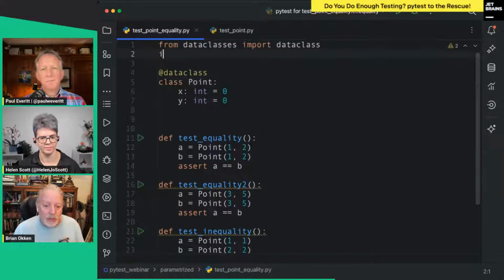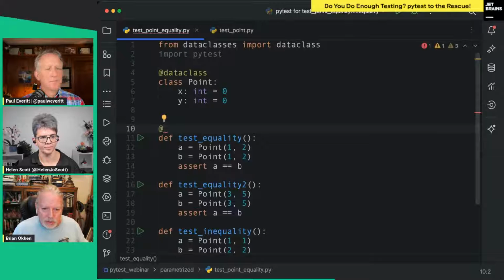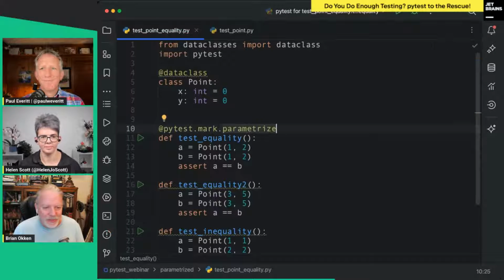Let's see, we have to import pytest, and then we can say parameterize it, and we're just going to pull A and B into a parameters list. So we say pytest mark parameterize, and we were just chuckling about this because parameterize is a tricky word.